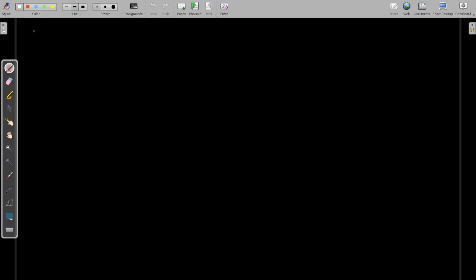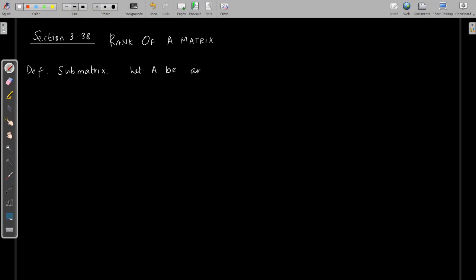Today we start discussing section 3.38. In this section we will discuss rank of a matrix. First we have a few definitions. First we define submatrix. For an arbitrary matrix A of order m by n, we define submatrices for this matrix